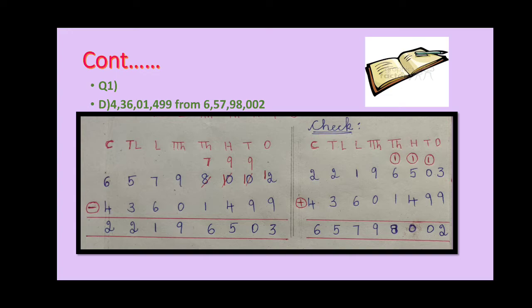Here you see 2 minus 9. 2 is a smaller number, 9 is a bigger number. From 2 you cannot subtract 9. What to do? We have to borrow from the tens place. When we borrow 1 from the tens place, as the number is moving to the left-hand side, the value of the number increases 10 times. So borrowing 1 means you are borrowing 10.